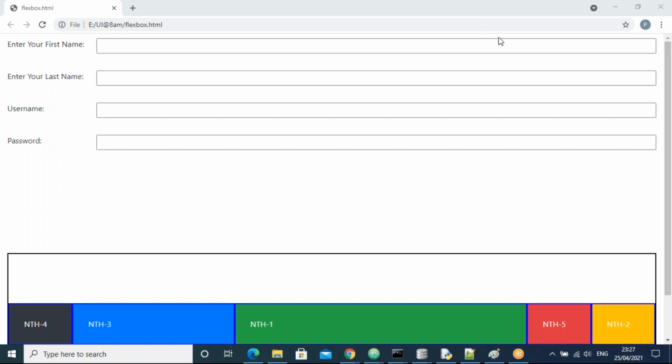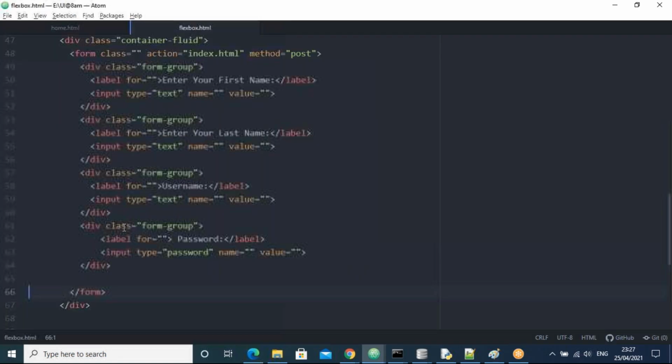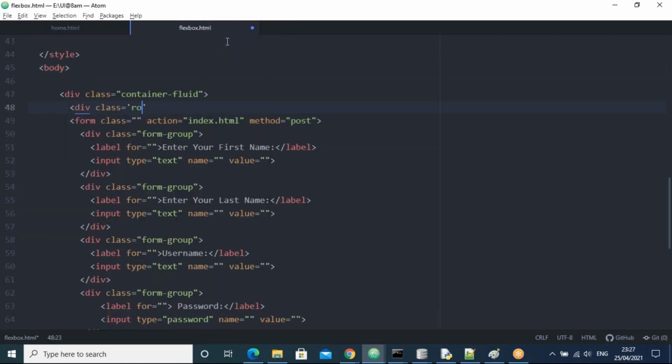If you want, I can take the remaining also, guys. One second. Here, what do I do? I'm going to place this. We have the container, right? All the container is taken. Now I'll take a div with class row, guys. The row I'll close here, before this container's end.